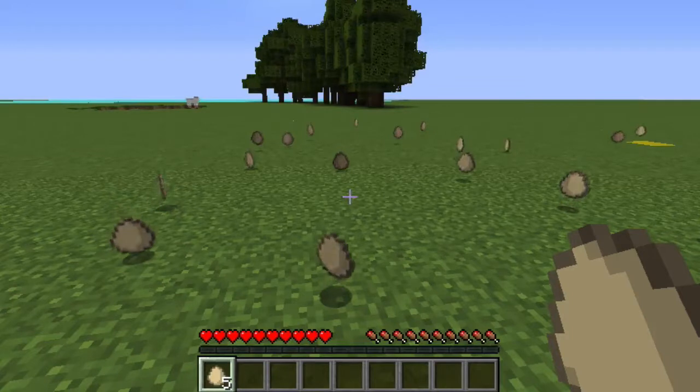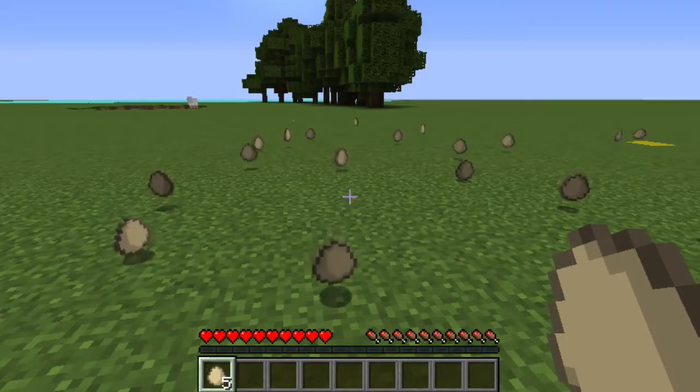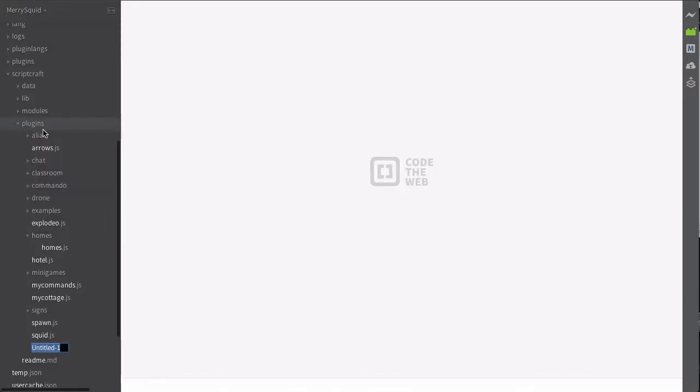So that's the game. Let's take a look at how this game is built up. Of course, it's a lot more fun with multiple players, but right now this was just me. All right, so let's start making our egg hunt script. I'm going to create a new file in Scriptcraft plugins called